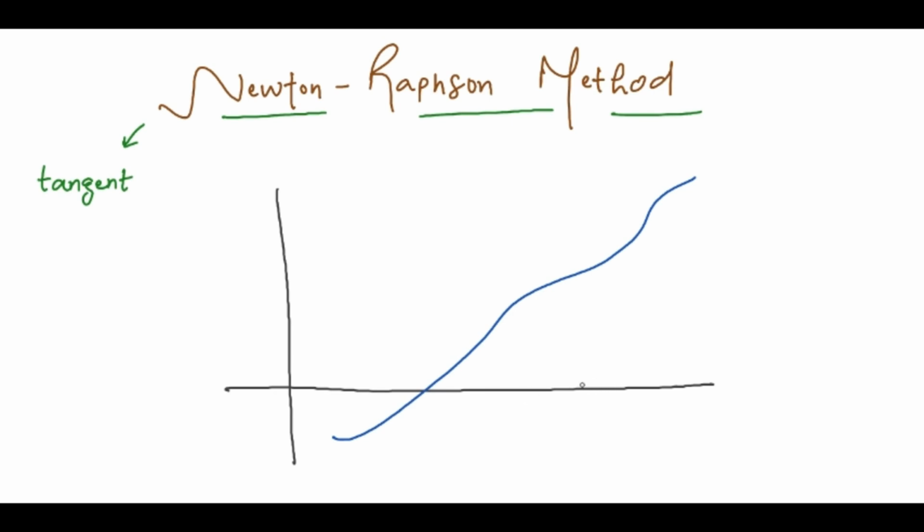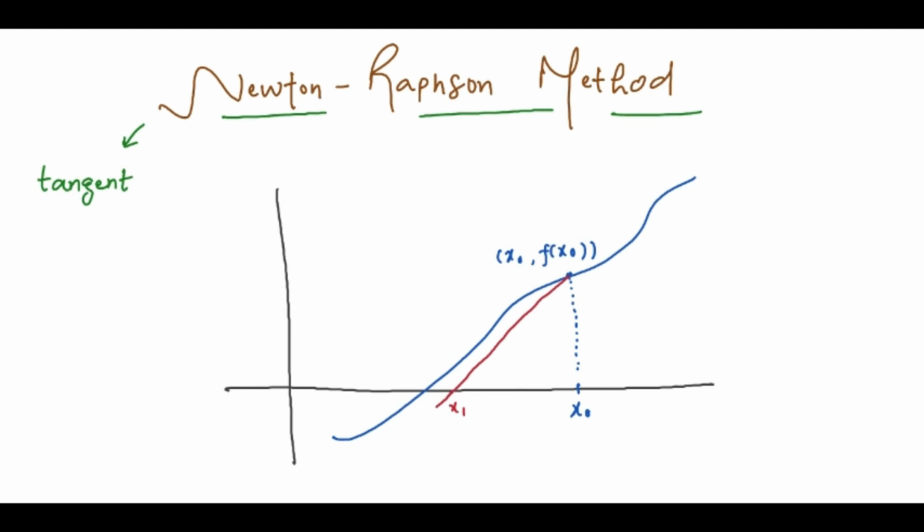So, assuming this x0 to be a first approximation, we take this point on the curve, x0 comma f(x0), that lies on the curve. If I draw the tangent, it intersects the x-axis at x1, and this becomes the next approximation. Now you just need to repeat, and each tangent moves closer to the actual root.